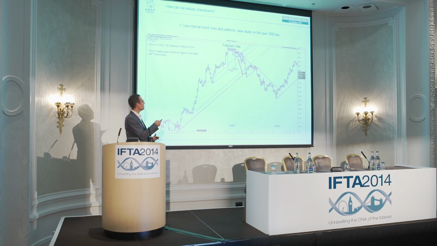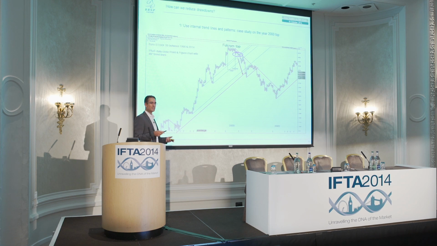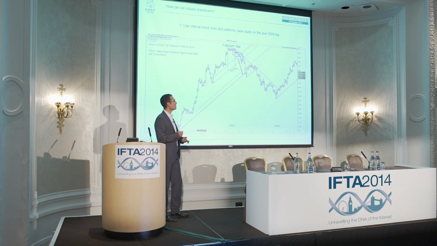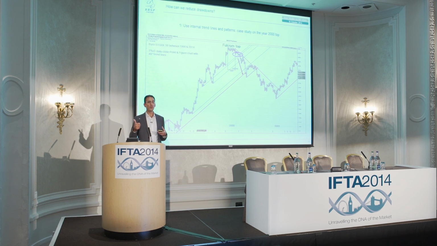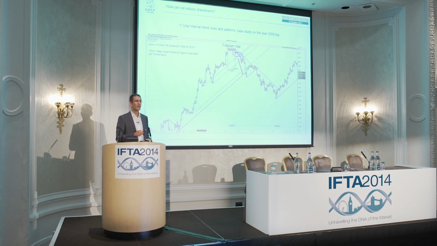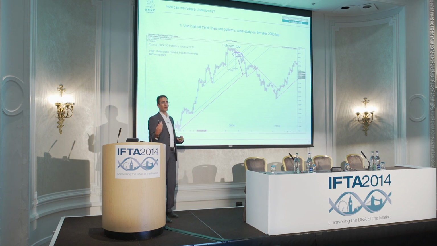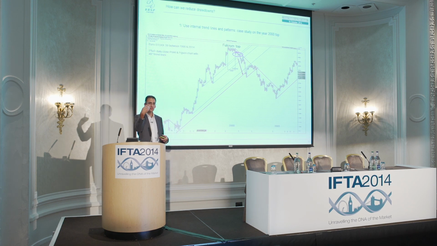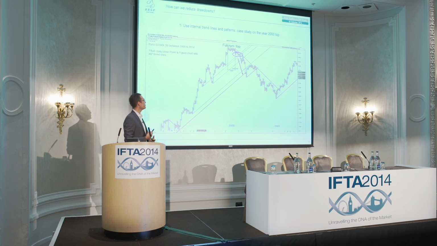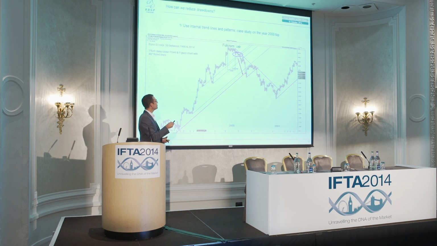And this defines a minor, a mini bottom. And as I told you during the introduction, you just need 1 point to draw a 45-degree line. So this point is enough to draw this internal trend line. In an uptrend, you are supposed to have higher and higher internal trend lines, and when we break below this internal trend line, the highest one, this is an indication that you are losing momentum in the market. So I try to combine that with typical patterns.